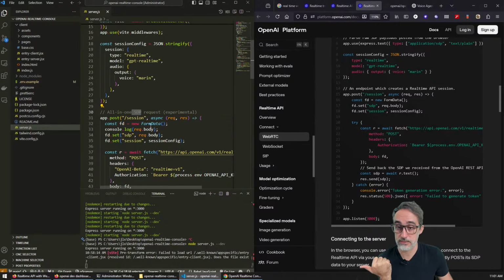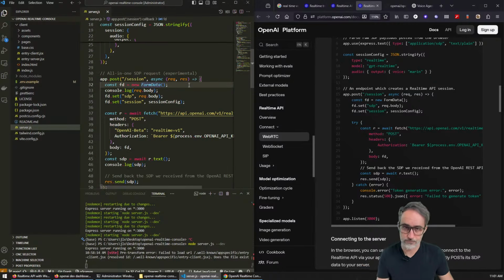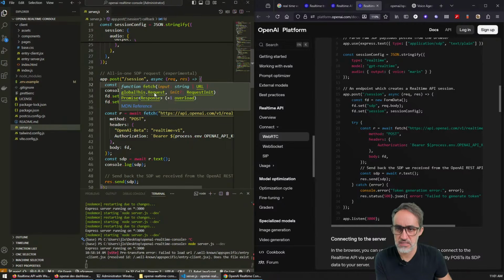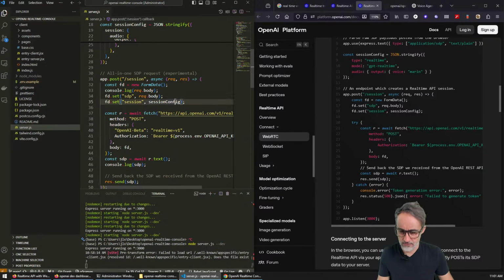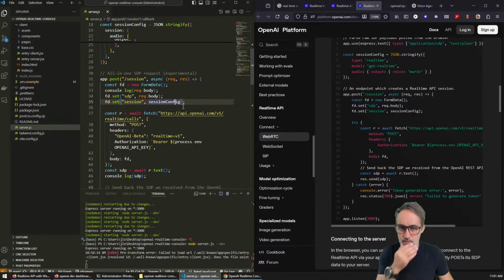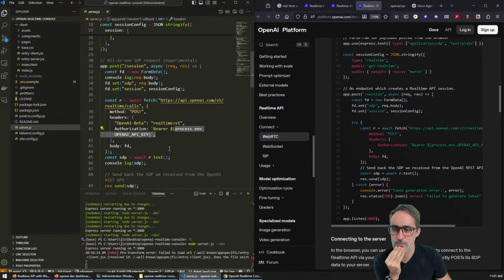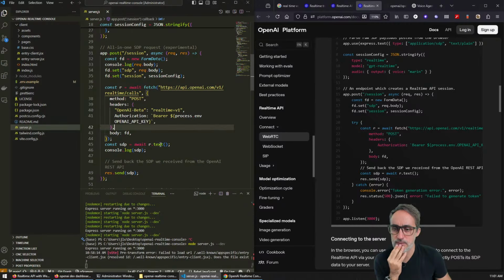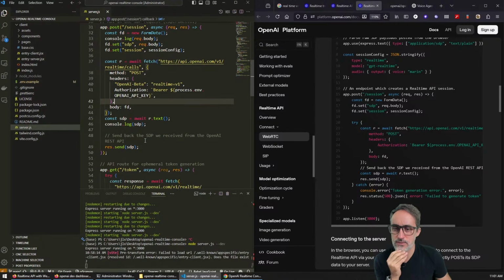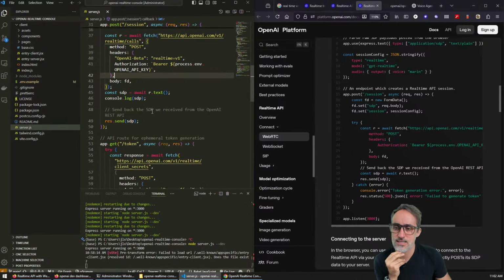I don't know what this is. FD set SDP session. This is a bit not familiar to me. OpenAI real-time calls, post, headers, OpenAI beta real-time one. This is the API key, a body, text, send back the SDP we received from the send, API route for